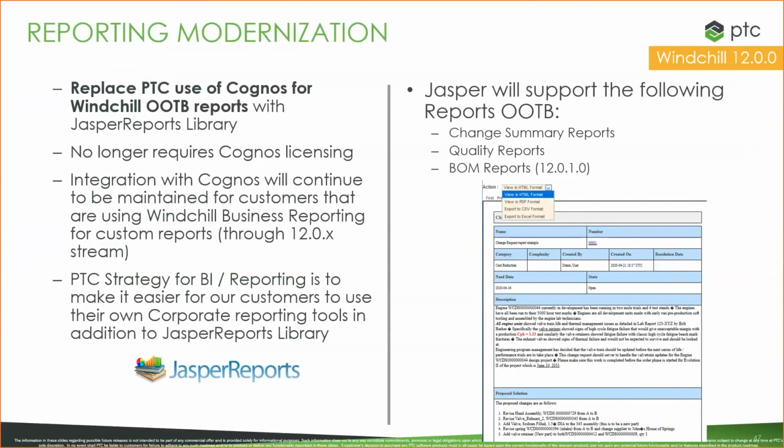And the plan is to phase out Cognos so that Cognos does not get shipped with Windchill anymore. And this provides a number of different benefits. First of all, you no longer need to use a license to run Cognos. But then you can also,